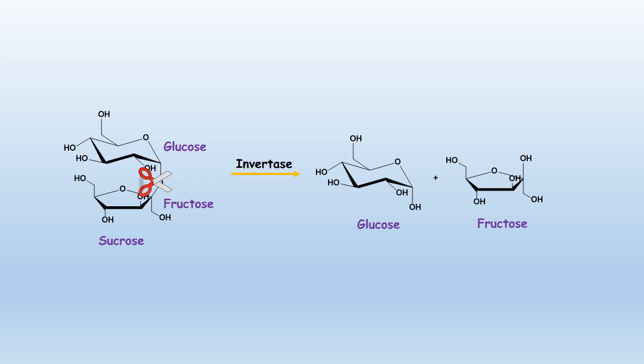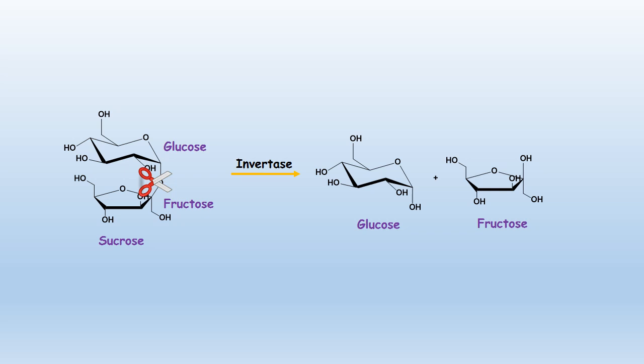Now, if you take a look at the procedure, you're going to notice that we're not just feeding these yeast pure glucose, we're actually supplying the sugar in the form of sucrose or table sugar. And of course, sucrose is composed of 1 unit of glucose and 1 unit of fructose. So the very first thing that has to happen in terms of metabolism is an enzymatic cleavage of the bond between the glucose and the fructose. This is carried out by the enzyme invertase, and this will free up 1 unit of glucose and 1 unit